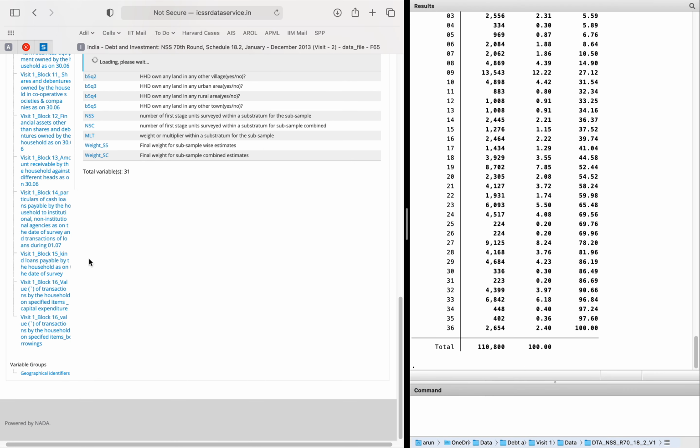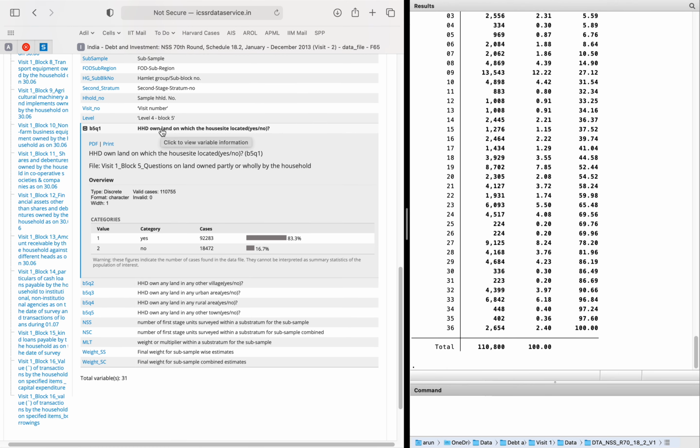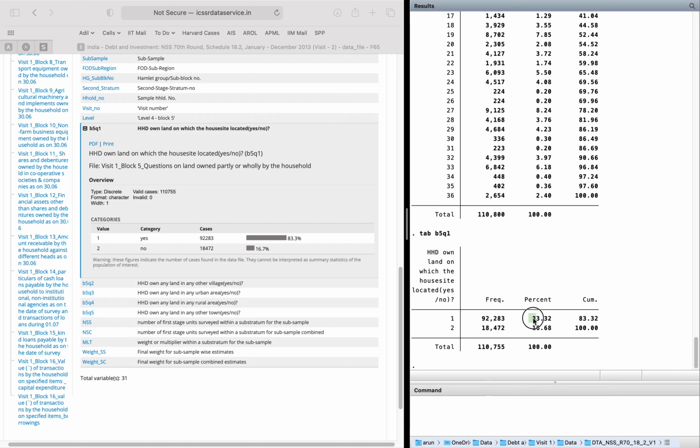For example B5Q1. B5Q1 is for households owning land on which the household is located. Simply we'll type here tab B5Q1. Now just see, 83.3% is yes and 16% is no. So 16.6%, or we can say 16.7%, is exactly matching.